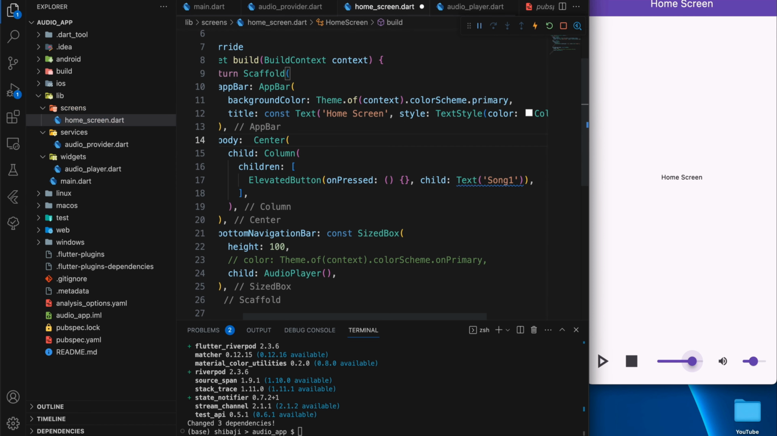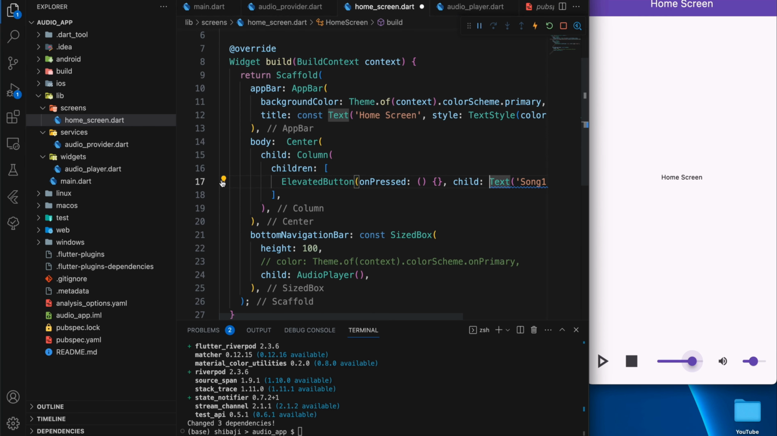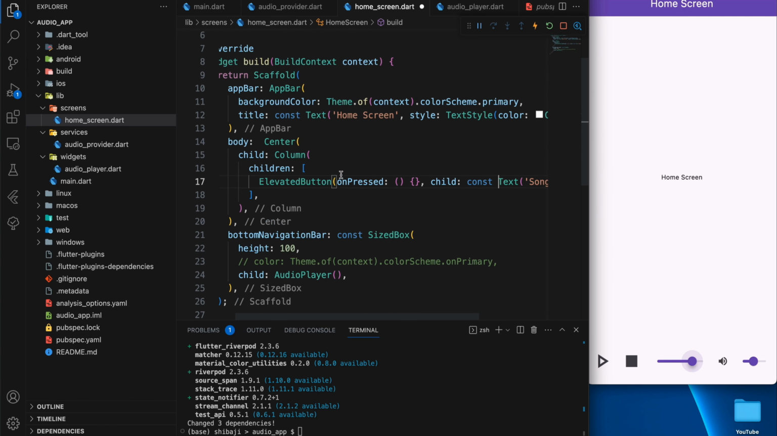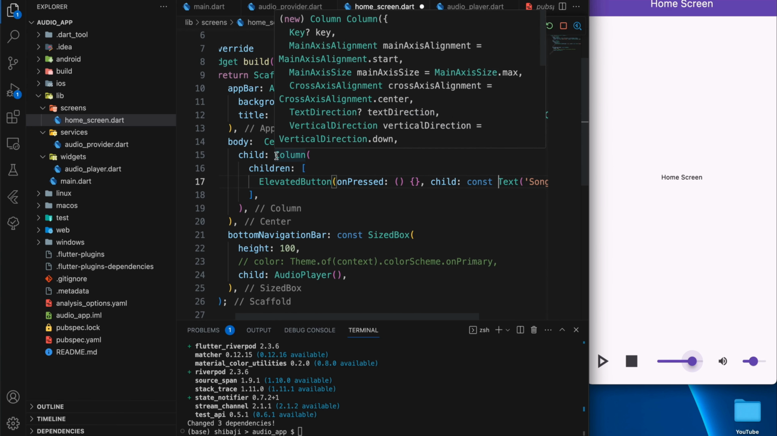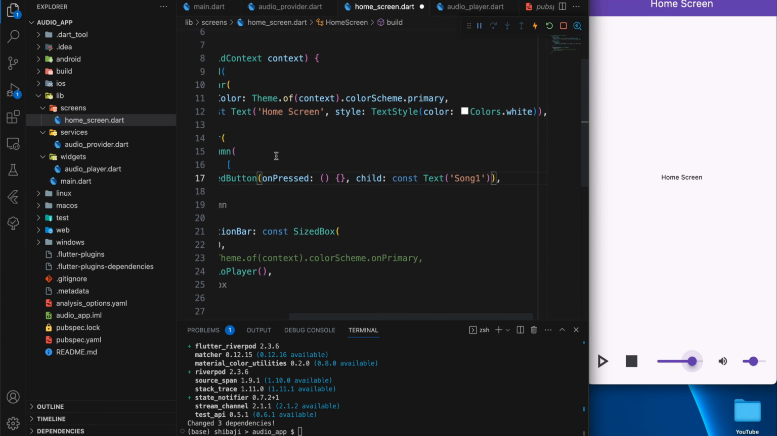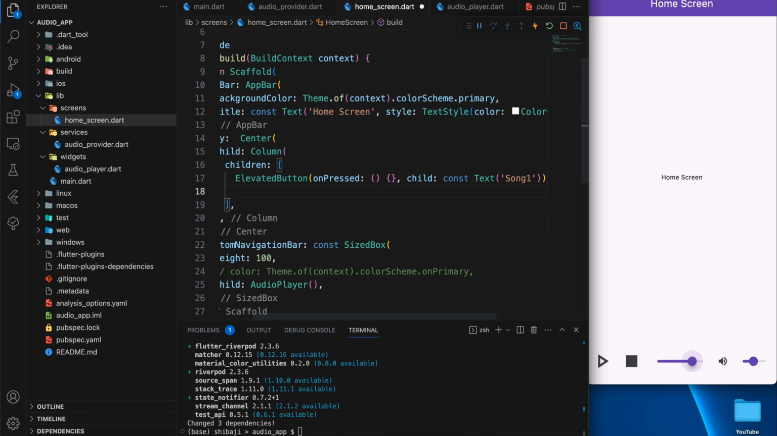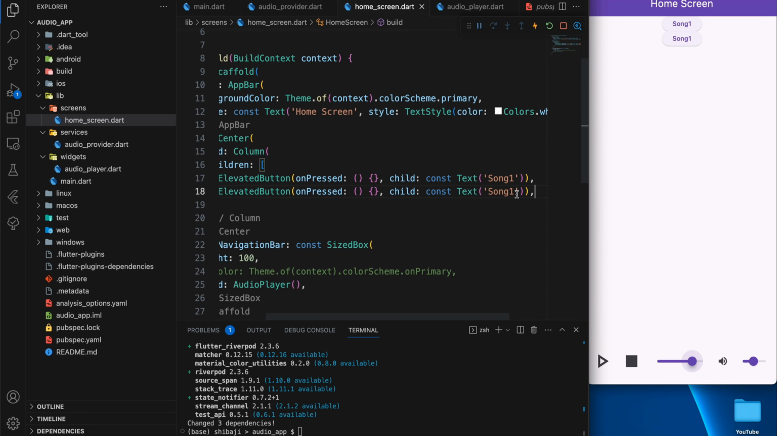At this moment we are getting some error because of this const. When you are working with the application, sometimes you may get this kind of error. This error will be gone when you remove the const keyword in the parent widget. And after that we can set up another song button in this section, and here we can see the two